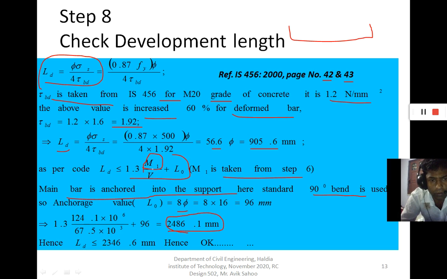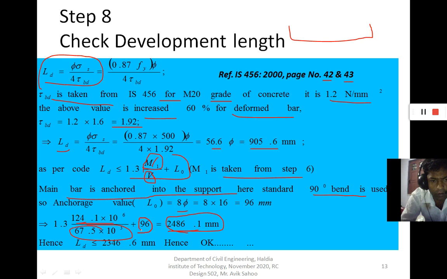But approximately, you can consider the applied moment. V is the applied shear force, although it is resistance, but this value is large, so that's why we roughly check. Okay, the M1 value we consider 124, which is the applied moment, and the 67.5 is the applied shear,